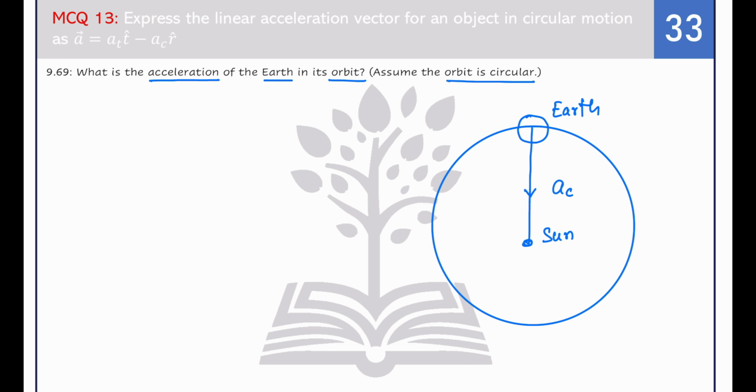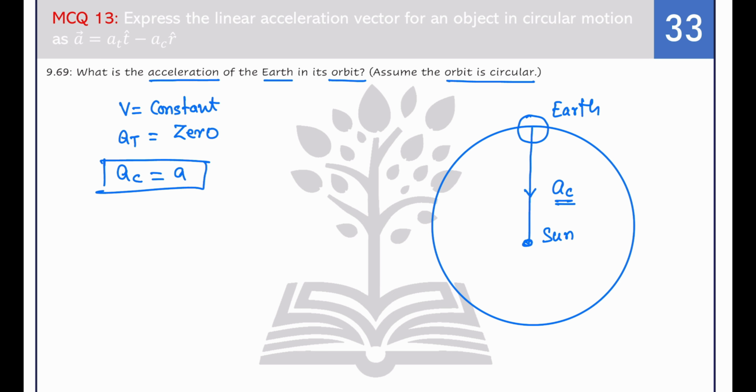That should be your AC, towards the sun, because it is moving because of the sun, and this is your acceleration, that is AC. Why this works, you need to understand. In this case, velocity is constant. Even in my previous video, I explained this thing. When the velocity is constant, AT is equal to 0 and acceleration AC is equal to A. This is the condition. So AC, we have omega square R. We can solve it. So what is omega? We know theta divided by t. Yes or no? So if it is moving in a full circle, 2 pi divided by